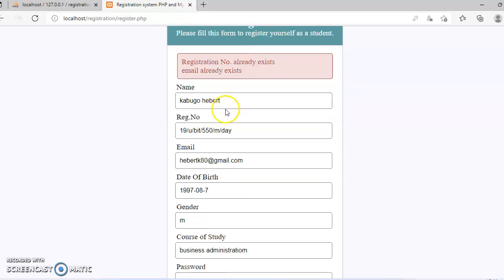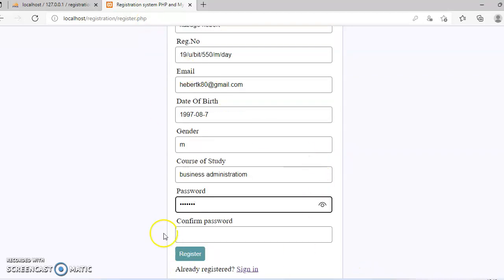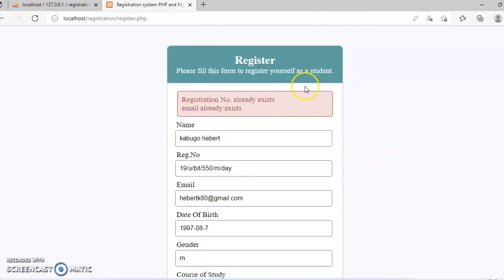So what we shall do here is to use a password as Bavas. And we shall do the register. Hope you can see the use of the error PHP code we are having, telling us that registration number already exists, email already exists.